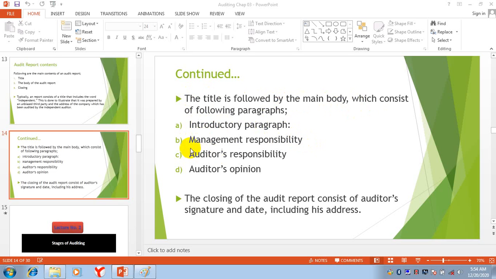These are standard paragraphs regarding the introduction of the report, the responsibility of the management, the responsibility of the auditor, and then the fourth thing is the opinion of the auditor, whether it is a qualified opinion, unqualified opinion, adverse opinion, or disclaimer of opinion. And the third component of the audit report is the signature and the date, including the address of the auditor.